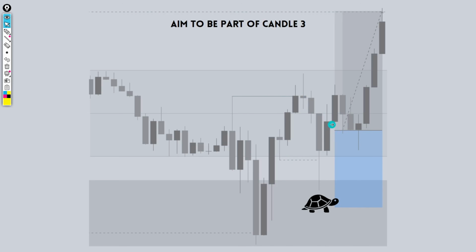Nice entry into the order block, okay? And then obviously you target the range high, okay, guys? Nice and beautiful little simple trade there that we took this week on NASDAQ. As you can see right there, we're always aiming to be part of the third candle because that's where you start to see that volatility kicking in. If you do want to get in a bit early, you can always look to get in at that change in state of delivery. But I'd always say, guys, get your confirmation entry,